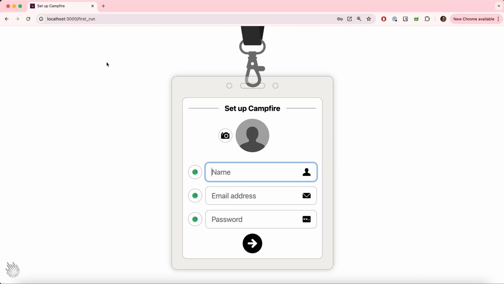So when you buy Campfire from once.com and you run the project, it will show this screen. Here we will first set up, and let's fill the form. For example, if I enter our details,